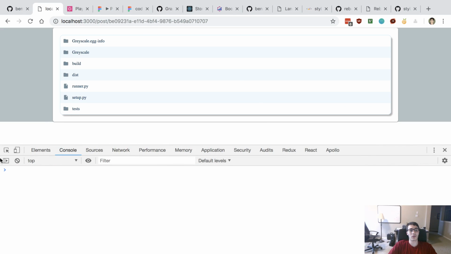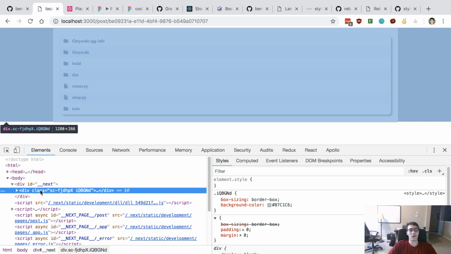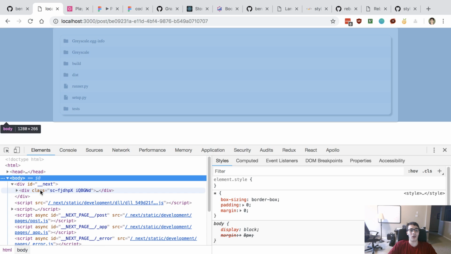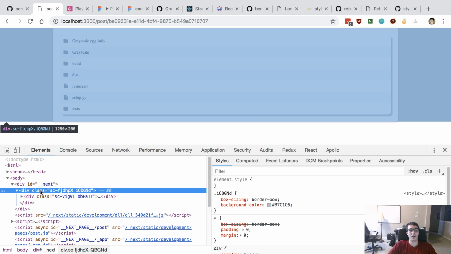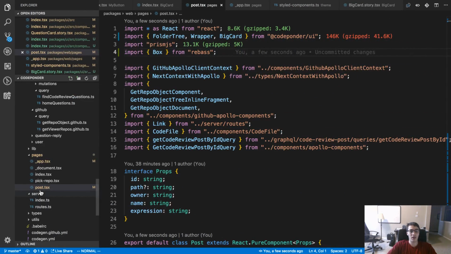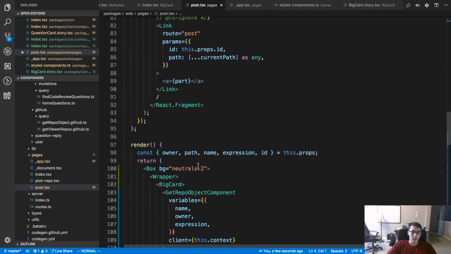Okay. So this is where I guess I just want to be doing a height 100% there. Or is it H for height?